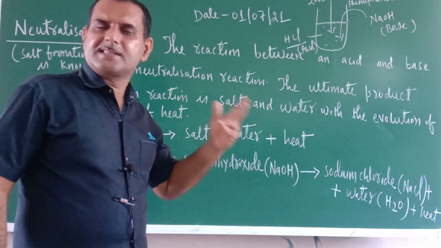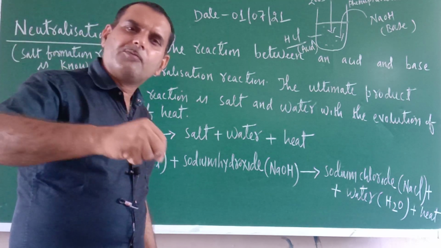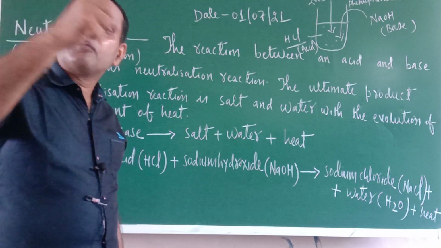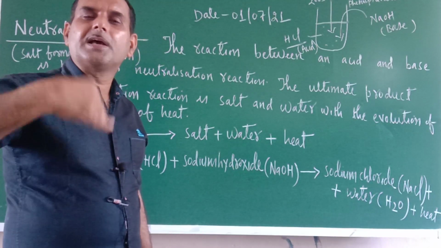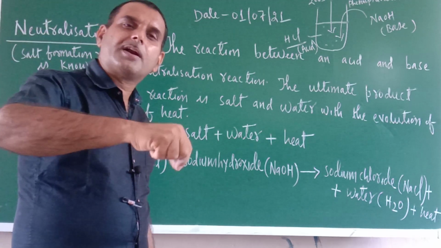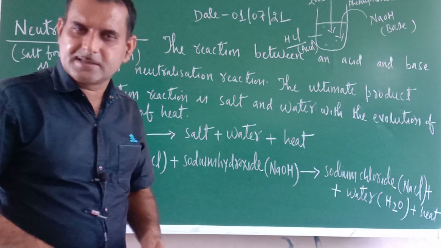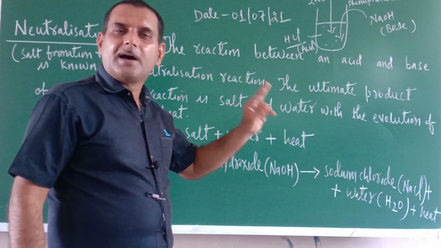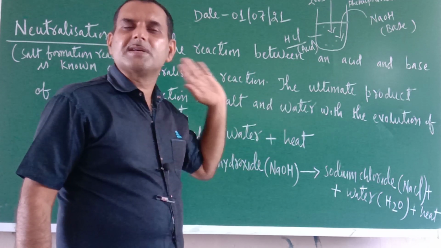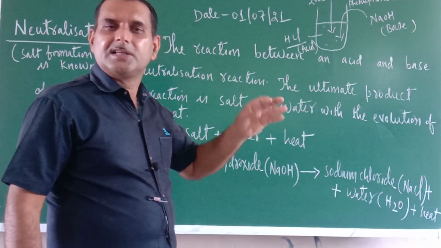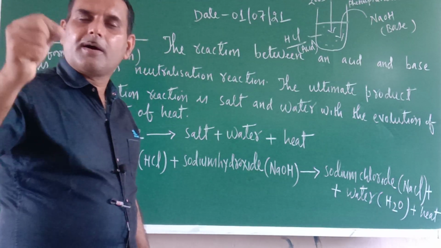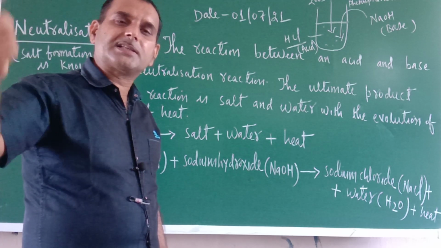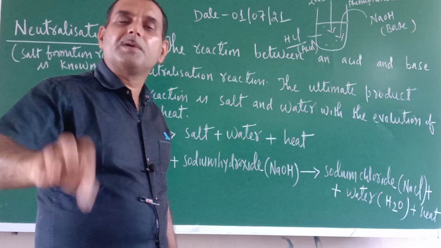Again you add 1 drop of NaOH, and the pink color will reappear. Again you add 1 drop of hydrochloric acid, the pink color will disappear. Again 1 drop of NaOH, the pink color will reappear. So what is the conclusion of this one? Phenolphthalein produces pink color only in basic medium, otherwise it remains unchanged. The moment you add 1 drop extra NaOH, pink color will reappear. The moment you add 1 drop extra hydrochloric acid, pink color will disappear.